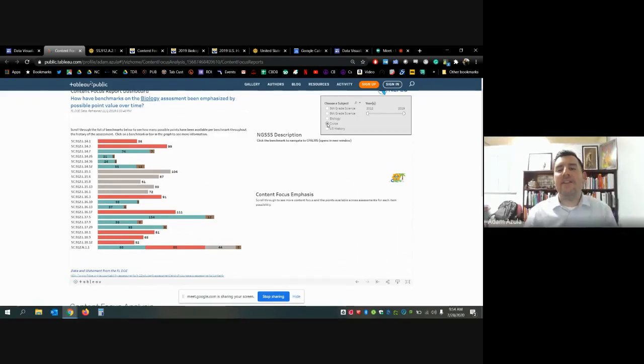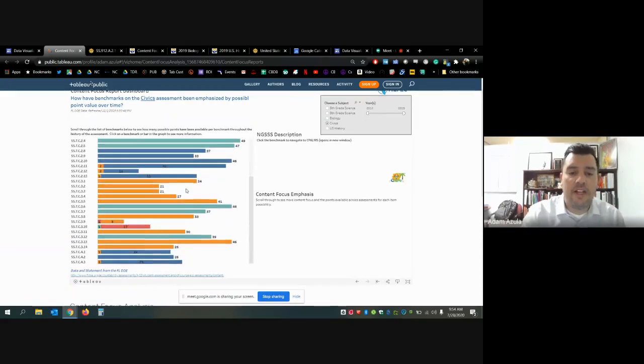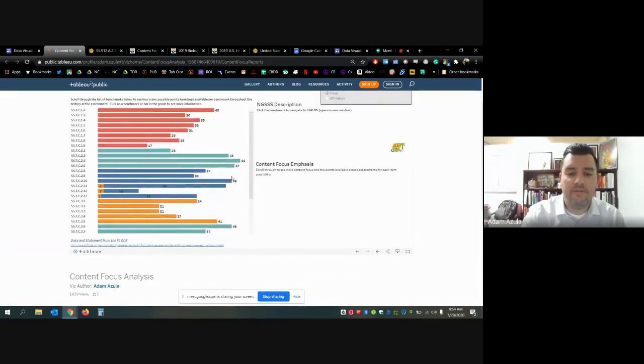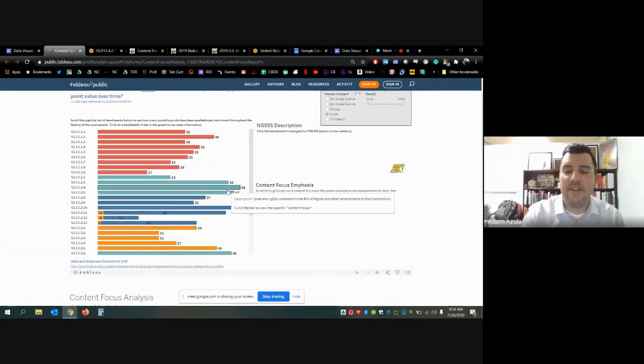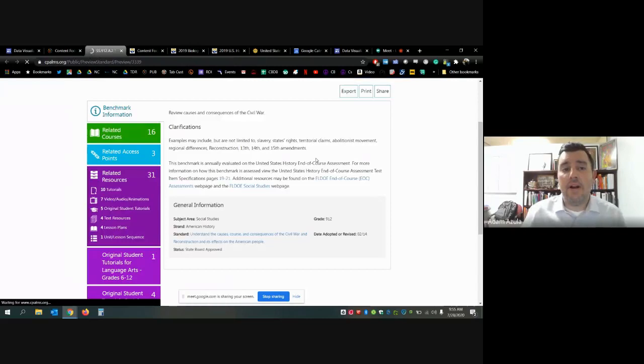Civics. Now, civics works a little bit differently because of how CPALMS houses civics benchmarks. So if I look here, this benchmark for civics, evaluate rights contained in the Bill of Rights and other amendments to the Constitution, this is one of the biggest benchmarks, C.2.4. If I click it and I click on this to be taken to CPALMS,